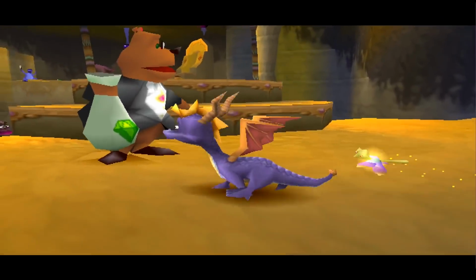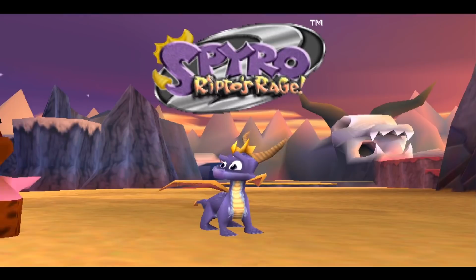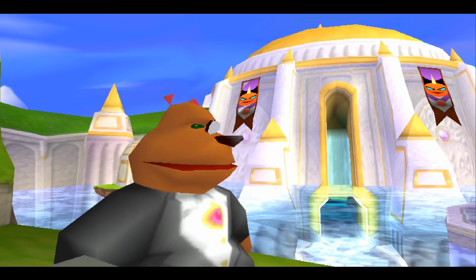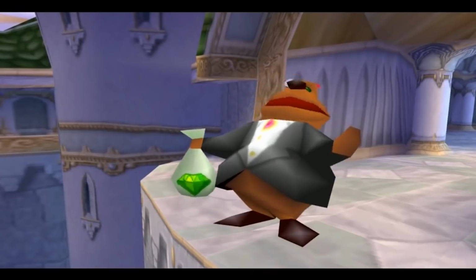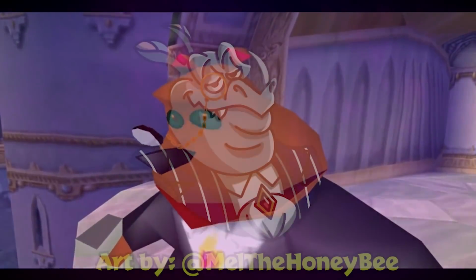Moneybags wasn't originally a bear. So as we move on from Spyro 1 and enter into Spyro 2, we gotta talk about the bear that we all love to hate, Moneybags. But of course, when he was initially drafted and created, he was not a bear at all, but in fact